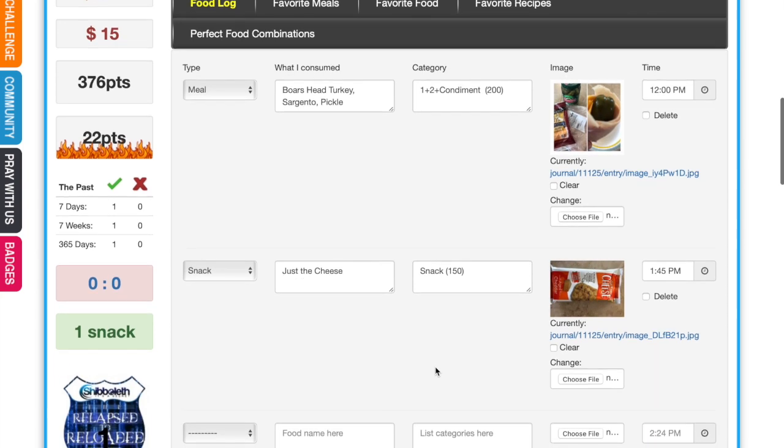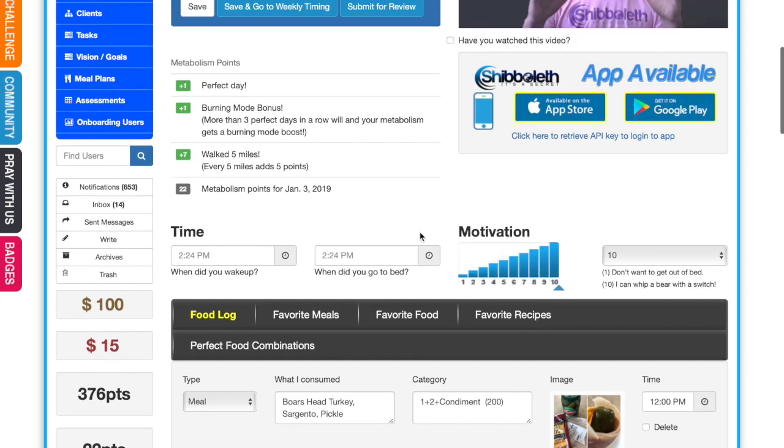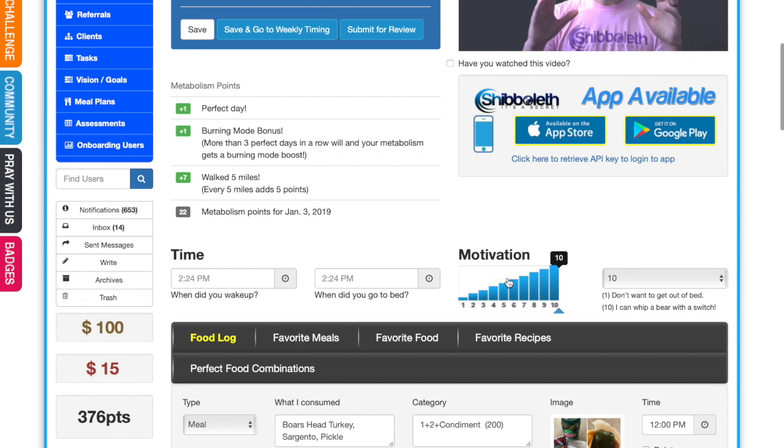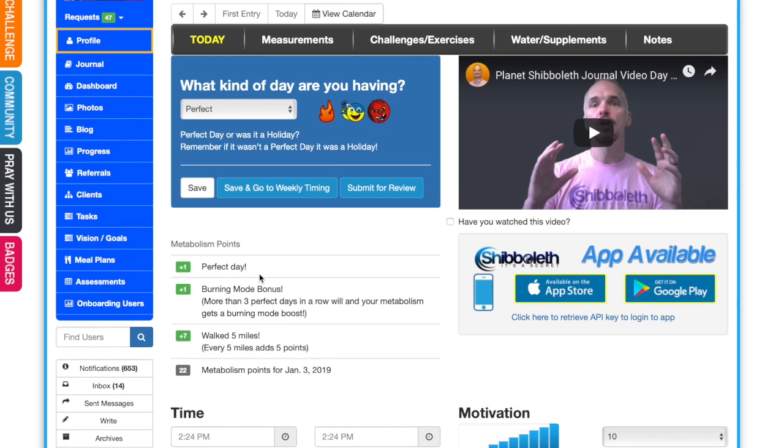From a nutrition standpoint, I'm off to a good start. I did this in seconds with the journal app, and it synced right to the website. I've set my motivation. I didn't set my wake-up time. Need to do that. I just like to plug into this thing every day because it makes a difference for me. It keeps my goals top of consciousness.